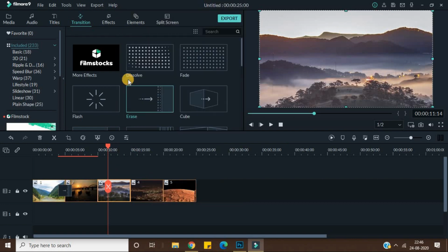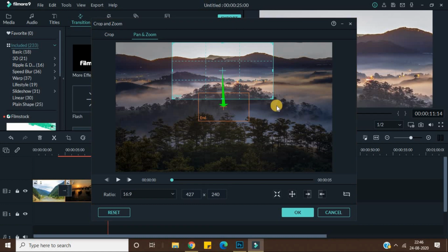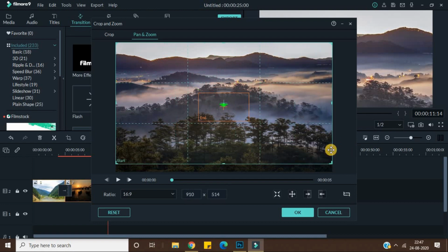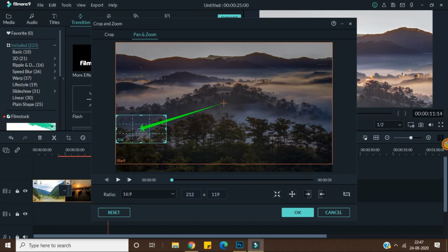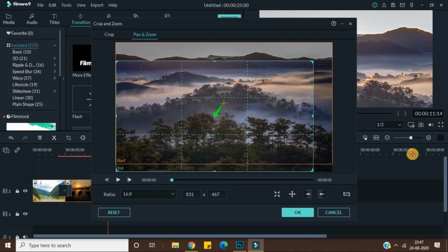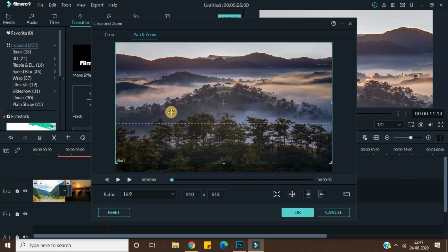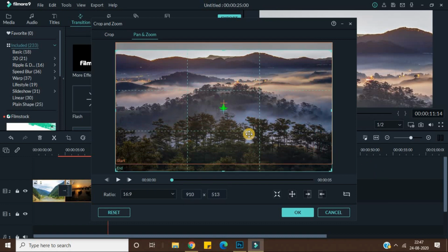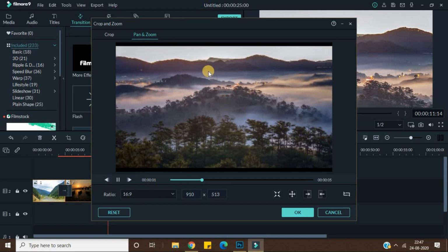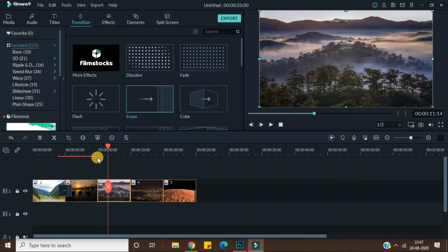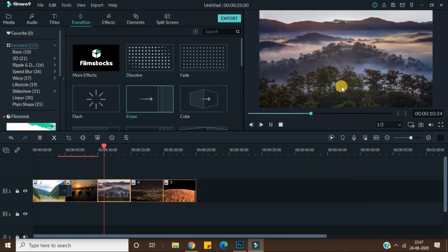Okay, one more thing in this crop and zoom, there is a pan and zoom option. Let's suppose I have this video, and I want to show my viewers the full video, but since it is of 16:9 aspect ratio, I can't show them. So what I can do is grab this video, full screen it, and then do like this. As you can see, there are two windows, one is this and one is the second one, and it is written here start and end. So what you can check is when you play the video, it will go like this. Let's see it here. Okay, so as you can see, this video is going upwards.